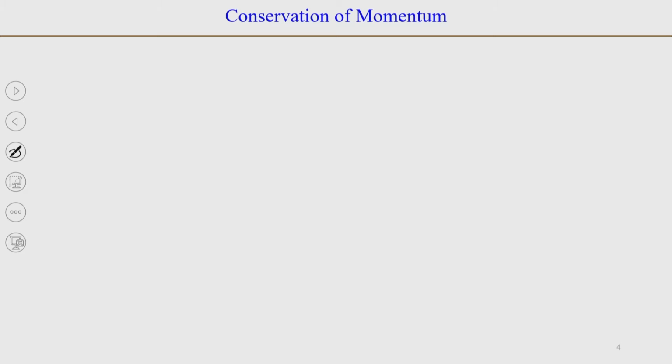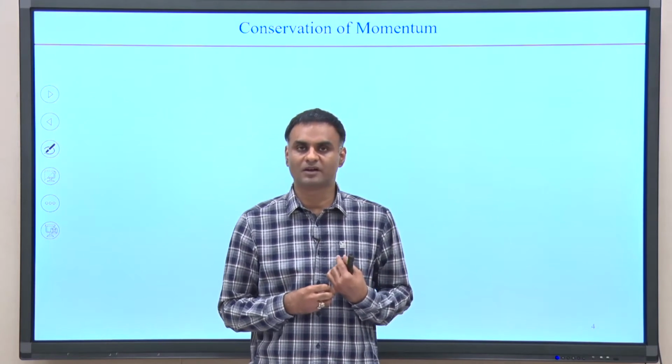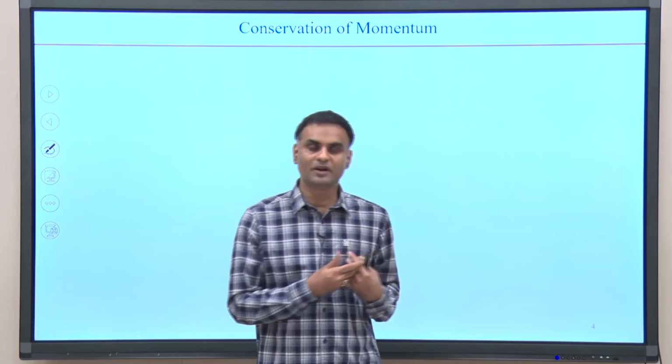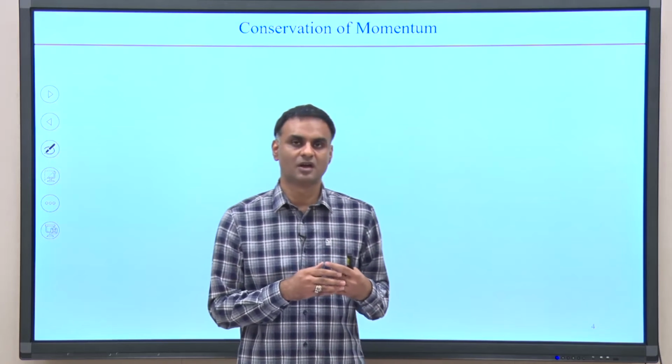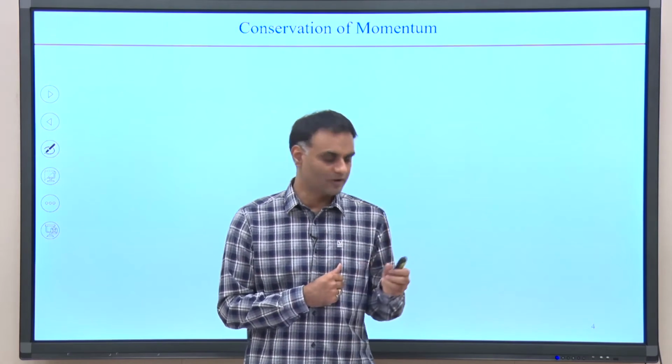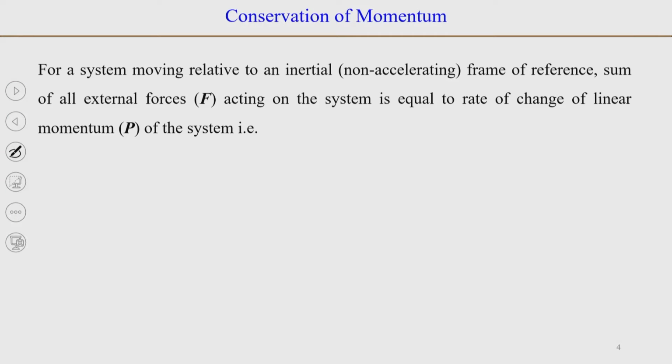Now, the next important law of mechanics is conservation of momentum. We can have linear momentum and angular momentum, but in this course we are going to restrict ourselves to conservation of linear momentum only. Conservation of linear momentum is basically what we popularly know as Newton's second law of motion, which states that F is equal to m a. F is equal to m a is the popular expression for Newton's second law of motion.